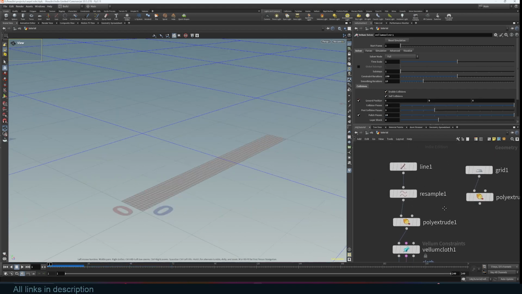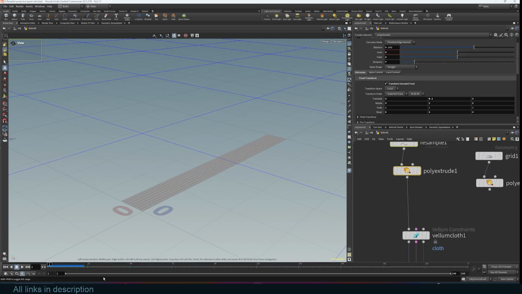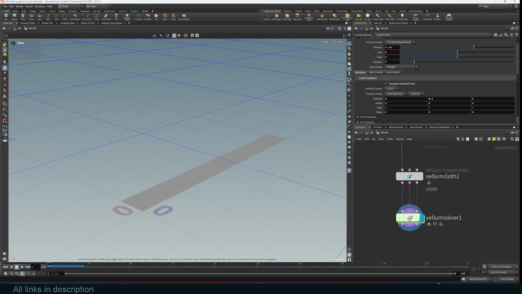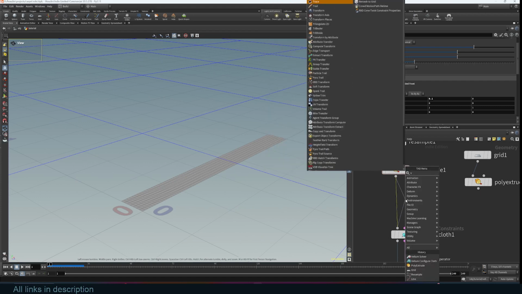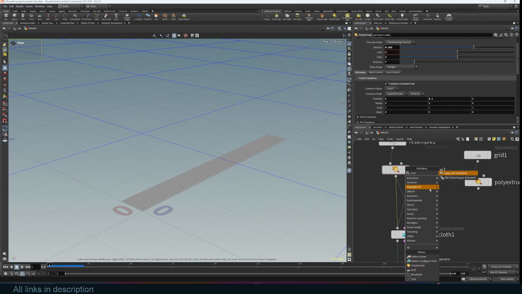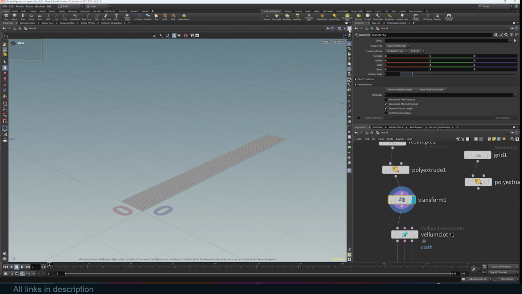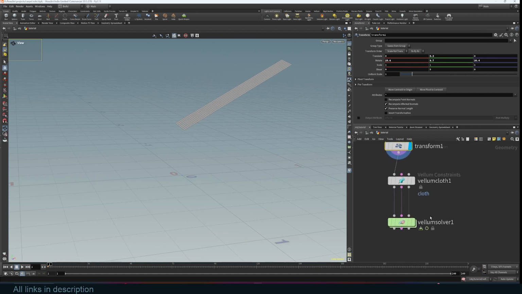Now I can also just go back here in our simulation, make sure you're at frame 1, so that the solver doesn't try to simulate. I can add a transform node here, and to add a node between different nodes, you can just pull on it and press tab and search for the node you want to add. So I want to add a transform. Let me preview that. I'm going to move this up and maybe rotate it slightly, just like that. And I can now go back to the solver